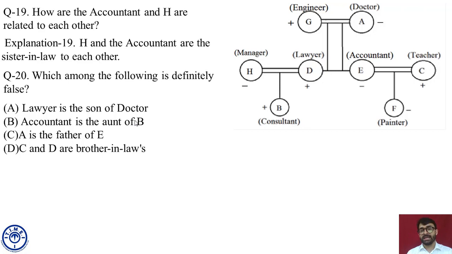Few takeaways from this class. We need to understand how to draw a family tree and how symbols are used. The most important part is that we have to read the statements and comprehend them precisely. Otherwise, it's difficult to answer questions. If you read them properly, blood relation questions are not difficult ones. Thank you so much.